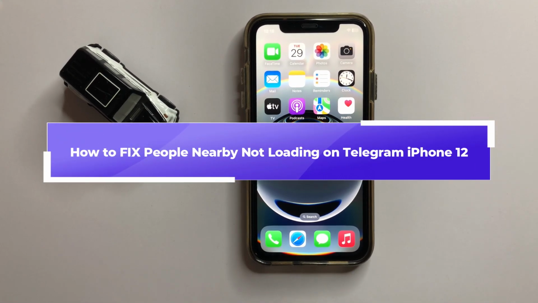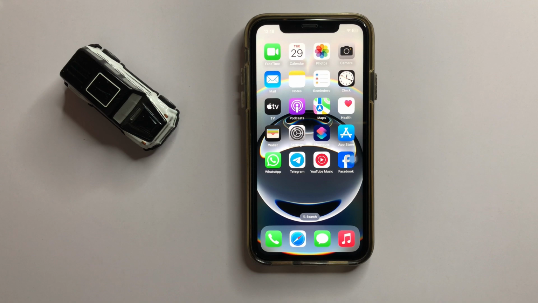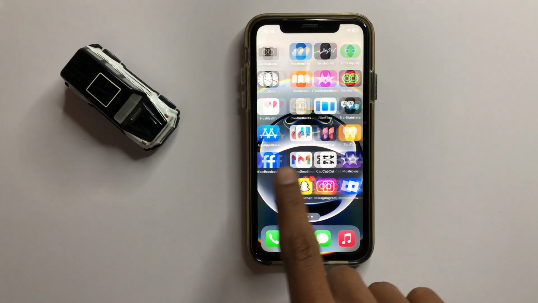How to fix people nearby not loading on Telegram in iPhone 12. So let's start the video. First of all,